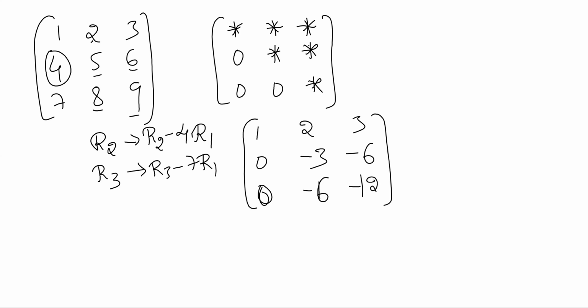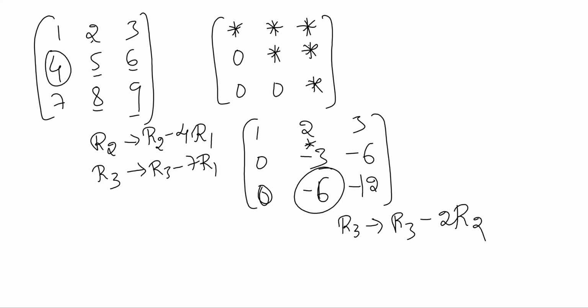So now, in second row, this should be leading element. So this should be non-zero. So now we have to make this one 0. So what operation can we apply now to make this minus 6 as 0? Yes. What operation can we apply? R3 as R3 plus 6 R3. So both are having same sign. So that means you have to put minus 2 R2. Will it be 0 now?